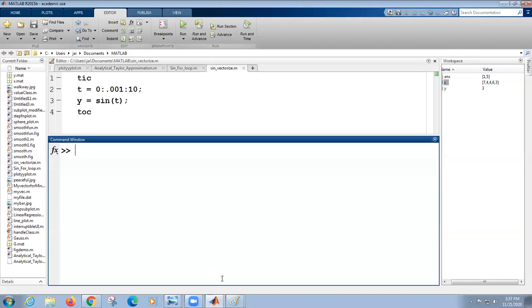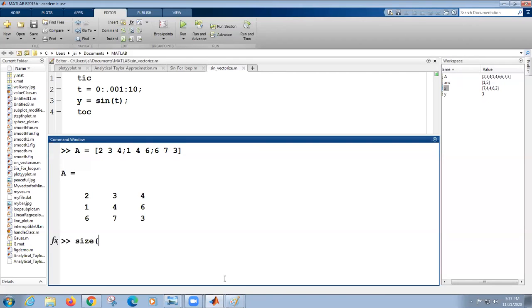For example, I have a matrix. MATLAB is again case sensitive. For example, capital A and small a are different, okay? Capital A is equal to, with square brackets, say 2, 3, 4. That is the first row, with 3 elements: 2, 3, 4. For the second row, I'll give something like 1, 4, 6. Semicolon means I go to the next row. For example, 6, 7, 3. Now, are you seeing a matrix here?